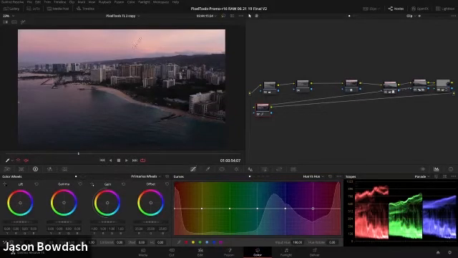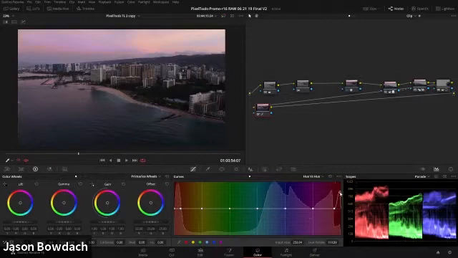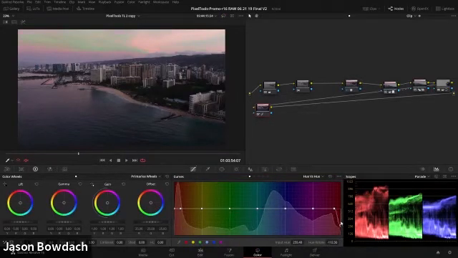So for instance, say that I want to change the color of the sky. I'm going to select the hue of the sky. In this case, it's about red, a little bit magenta, and then I'm going to shift it to another hue, or hue versus hue. So I'm going to select it right here. I'm going to make sure that I have my pointer selected, and you'll see that it added a point right here. If I drag this up, you'll see I'm changing the sky and vice versa.